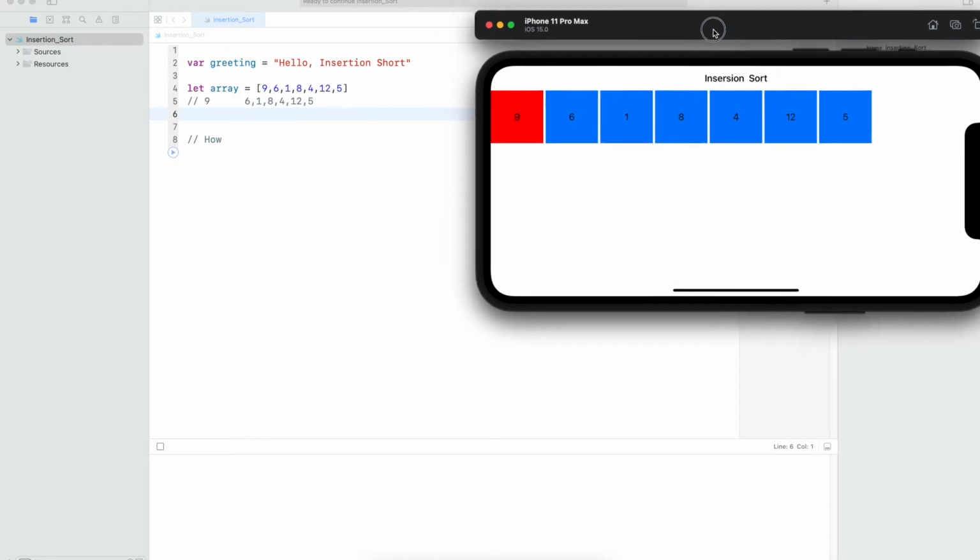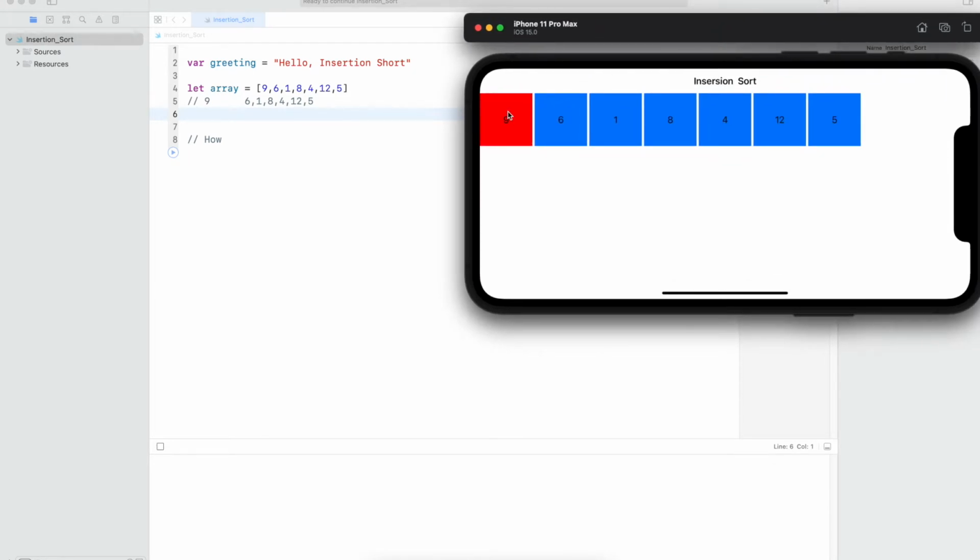Okay, now you see, just for separation, I colored the elements for the sorted and unsorted ones. So see, 9 is in the sorted array and the array from 6 onward is unsorted. What we do is pick an element from the unsorted array, like I picked this, and then compare it with the elements in the sorted array. Currently the only element in the sorted array is 9.